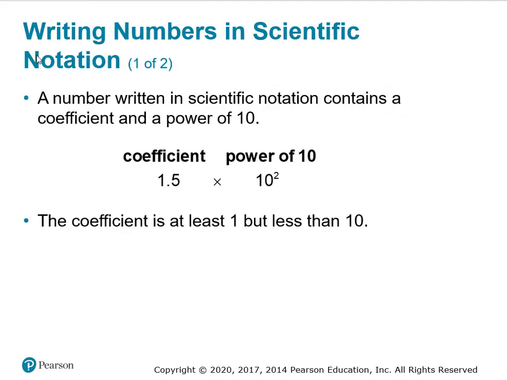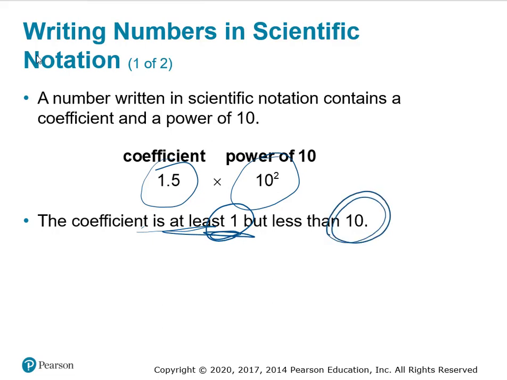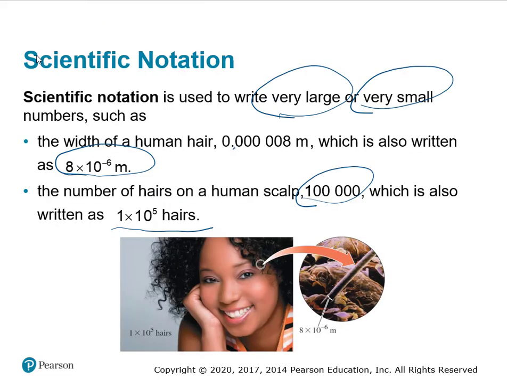Here's how we do it. We first need to write down a coefficient. That's always part of scientific notation. Coefficient, and it's times 10 to the power of something. The coefficient is at least 1, but less than 10. So if we were to look back at this example,